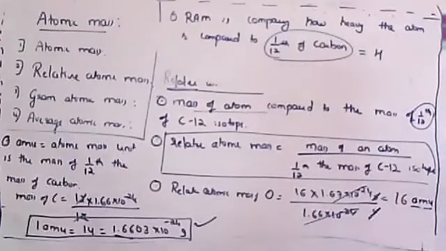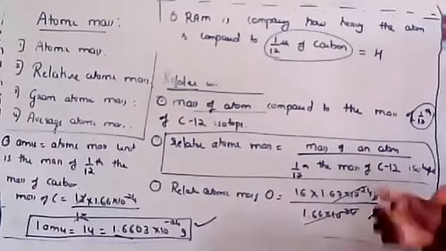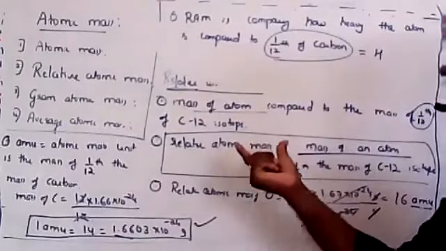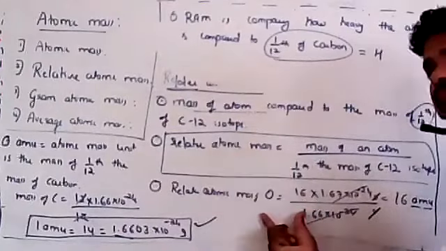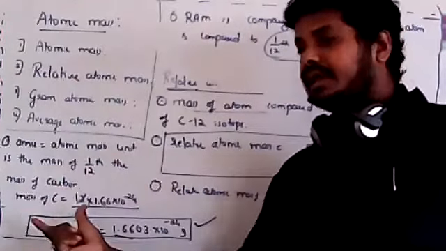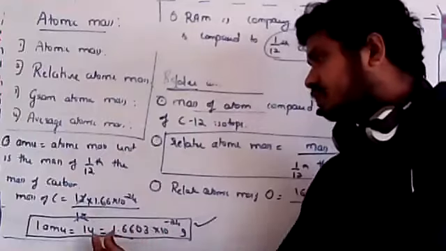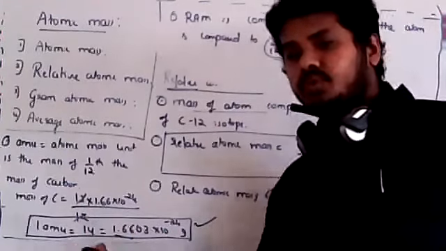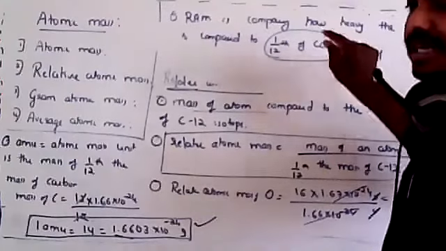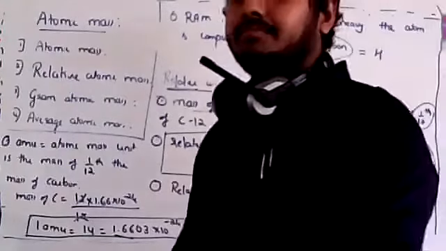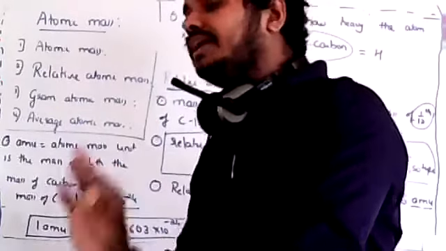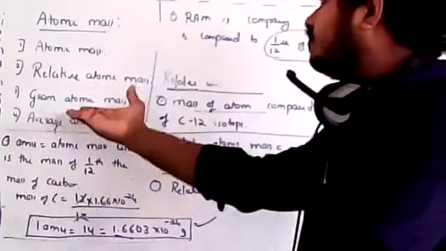Before I move on, you should be sure that you have understood the main points I told you. First one is the definition, second is the formula, third is how to calculate, fourth is the atomic mass unit: what unit must you use? AMU, what do you mean by AMU? And fifth is what the actual meaning of relative atomic mass is. It is just finding how heavy an atom is. If you have any doubt, you can ask. Otherwise, I'll continue with the third one now.